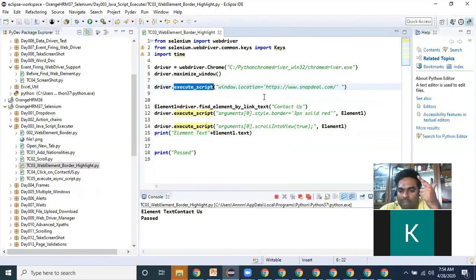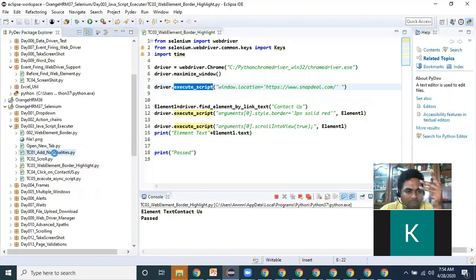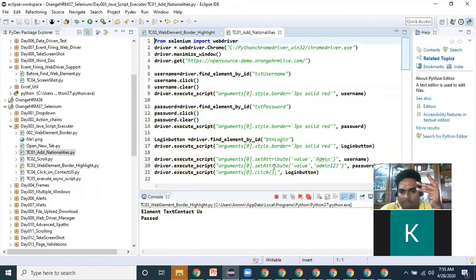And the third one is if you want to perform send keys or click operations, sometimes if it is not working, we can alternatively use it by writing lines of code like this: set attribute and click of arguments[0]. If you write like this, 100% any web element can be handled automatically. So that's it about the JavaScript executor.